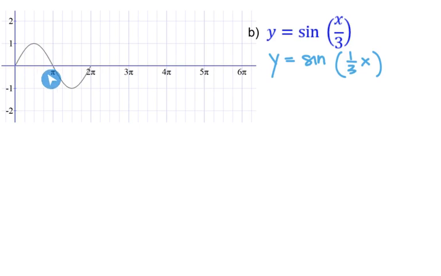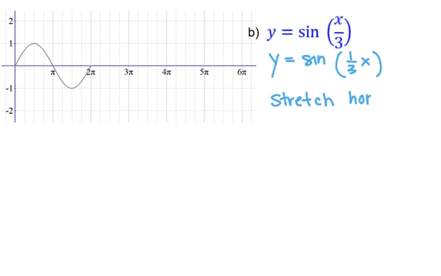So I've graphed my standard sine function between 0 and 2 pi, one period of my parent sine function. What is this 1/3 going to do? Well, it's multiplied and it's on the inside. So when it's multiplied, we know it's a shrink or stretch. When it's on the inside, it's horizontal. It's going to do the opposite of what we think. So this is actually going to